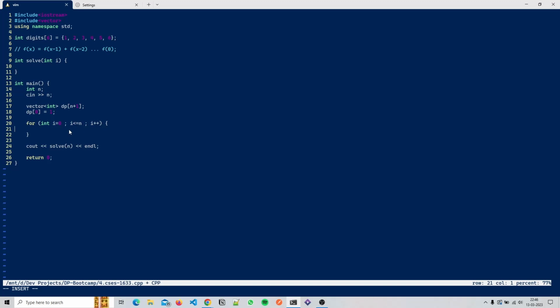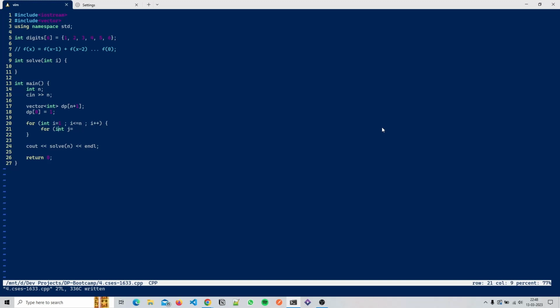So dp of 1 will be what? dp of 0, right? For if I is equal to 1, then dp of 1 will be equal to